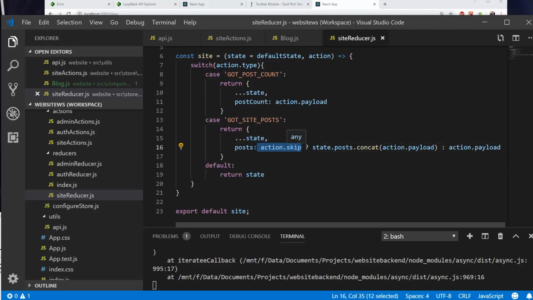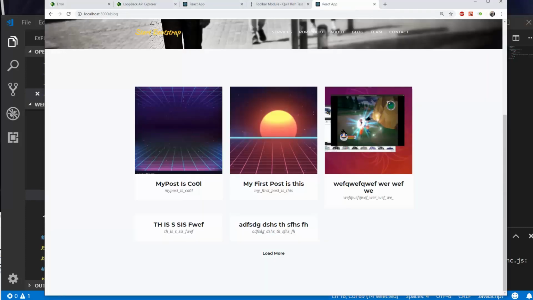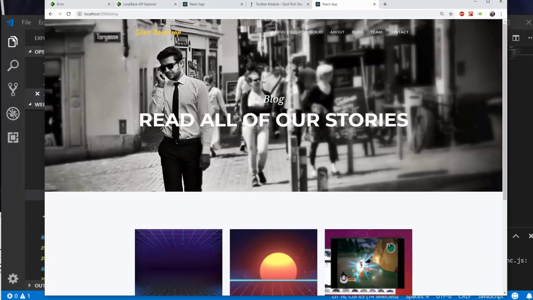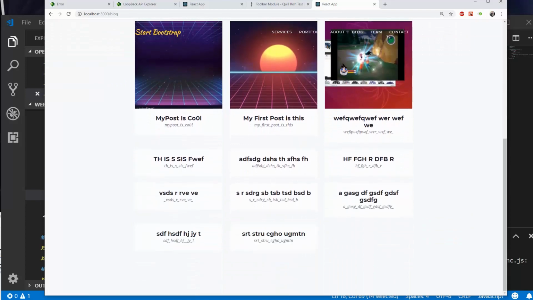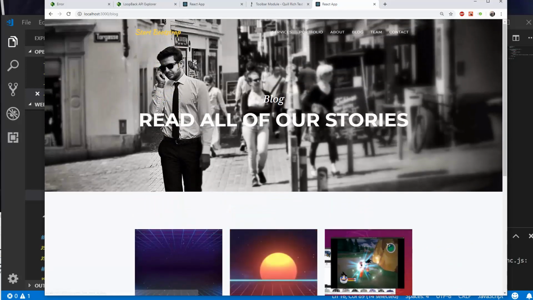If skip is more than 0, which means if we've already got some loaded in this session, then we will just add the new ones to the existing ones. Otherwise, we will just set it in a more forceful way to whatever the response from the API call is. So that is how to set up loading more on demand,